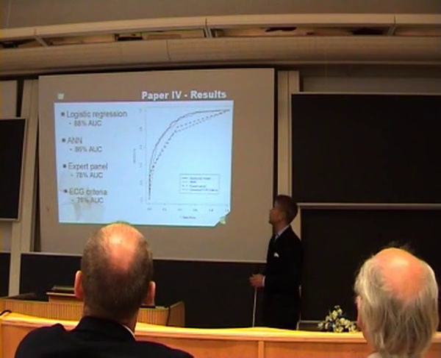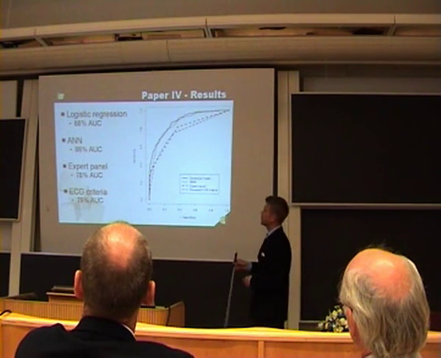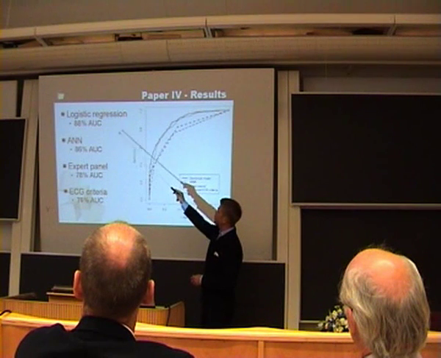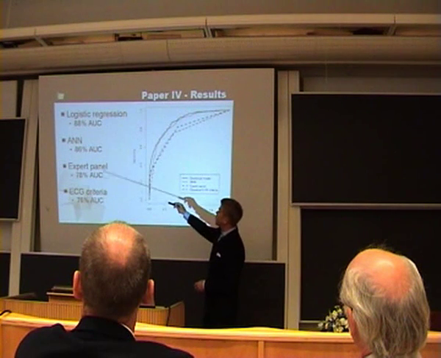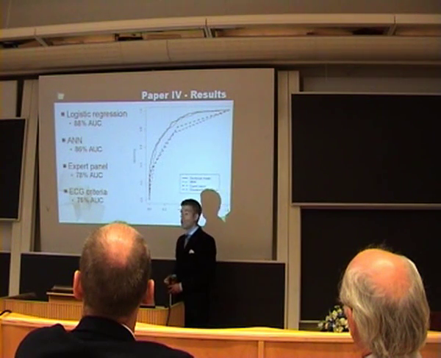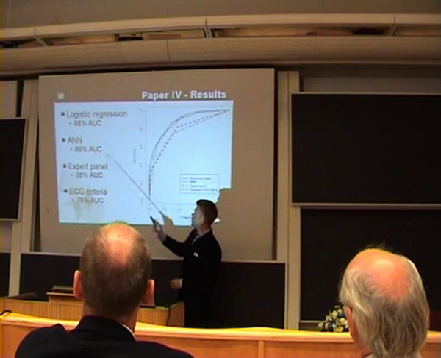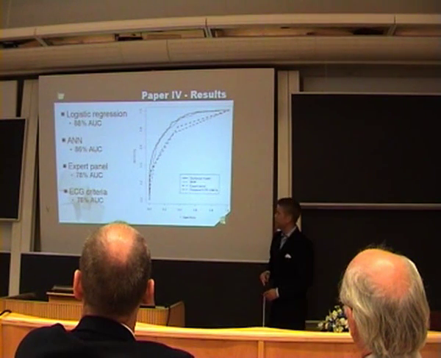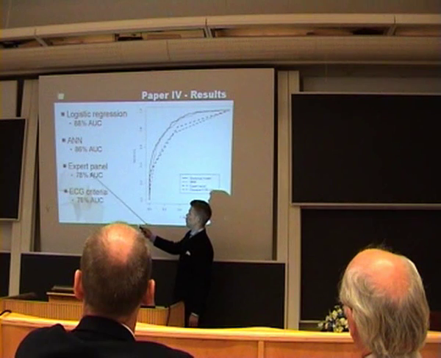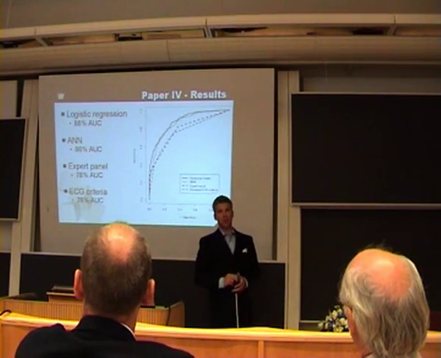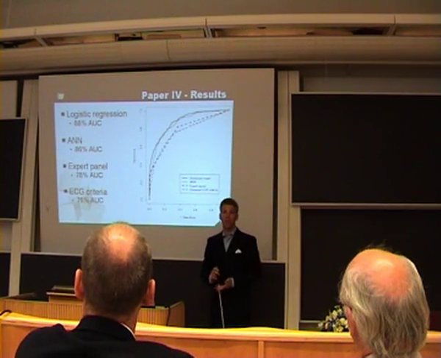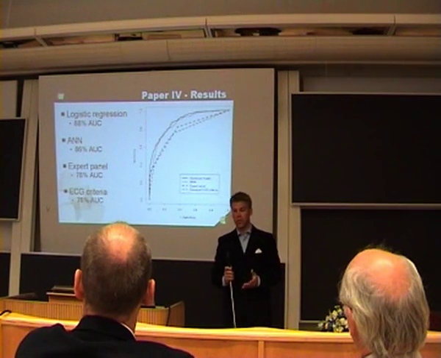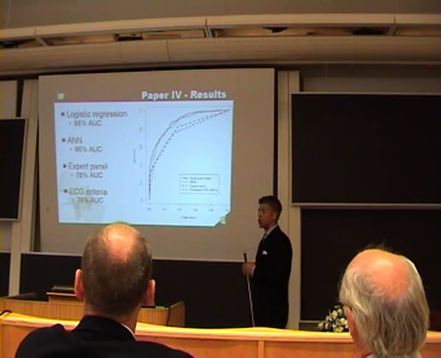Now for the results, this is surprising, because remember that ANN beat logistic regression the previous time. This time it was the other way around. The logistic regression model had 88% area under the ROC curve. Meanwhile, the ANN followed closely with 86. But more surprisingly, the expert panel, the top-notch physicians, ended up at 78% of the area under the ROC curve. This means that the models are actually 10 percentage units better than the physicians in classifying acute coronary syndrome